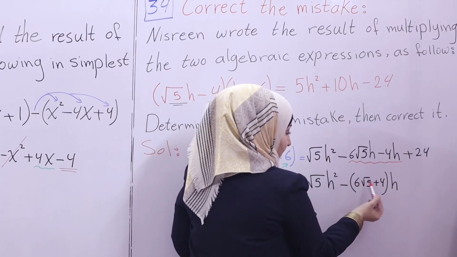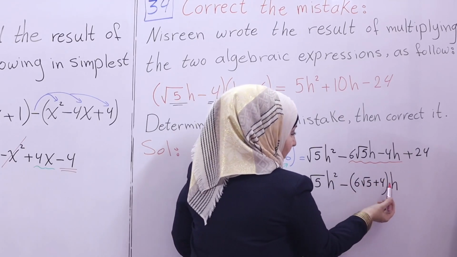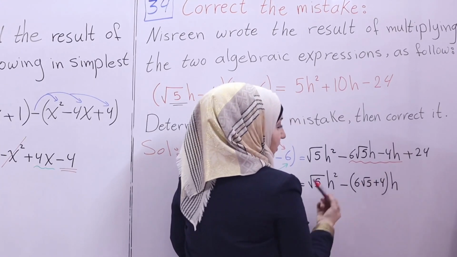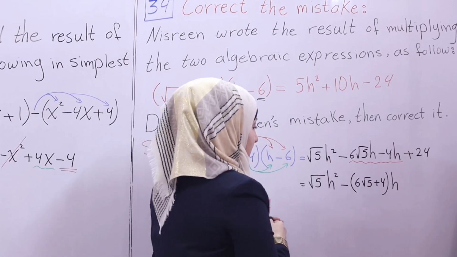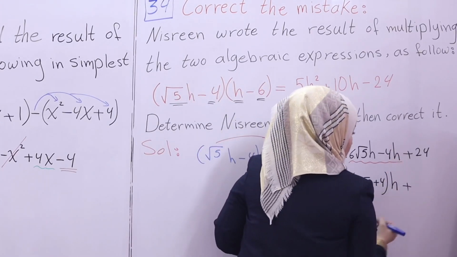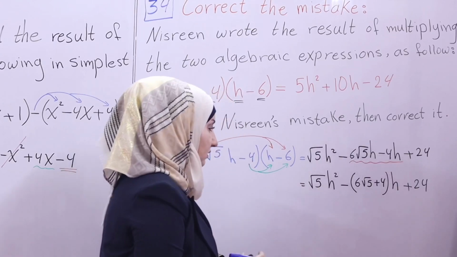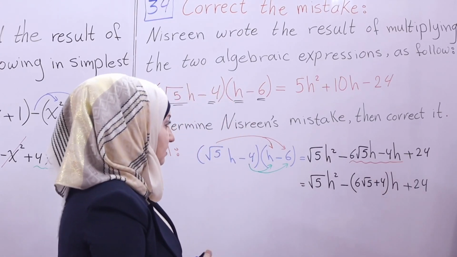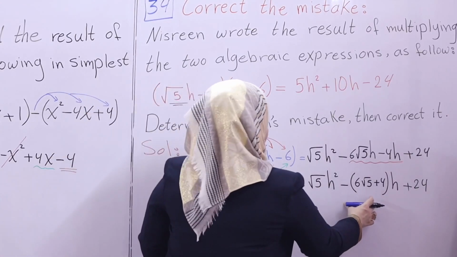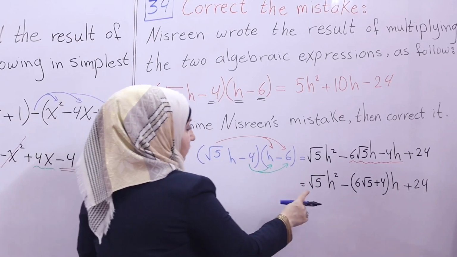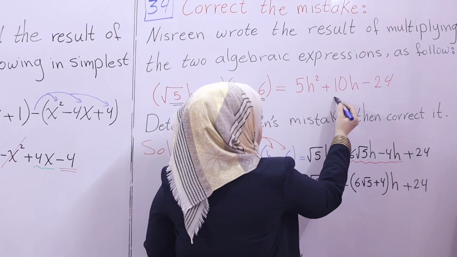If I return them, it will become minus 6 square root of 5h minus 4h. It will bring back the same terms. And we complete solving it will be plus 24. This is the result of simplifying the multiplication of these two algebraic expressions, and we determine that Nisrin's mistake is